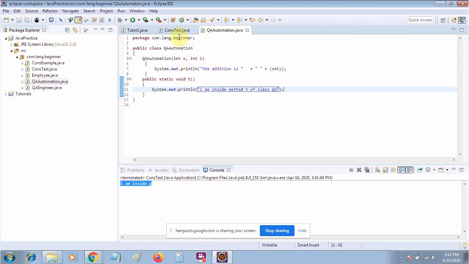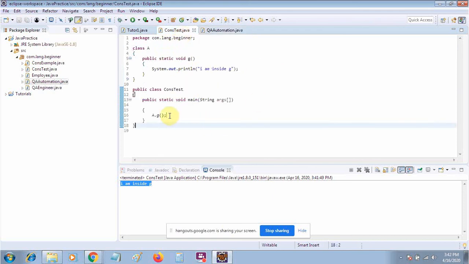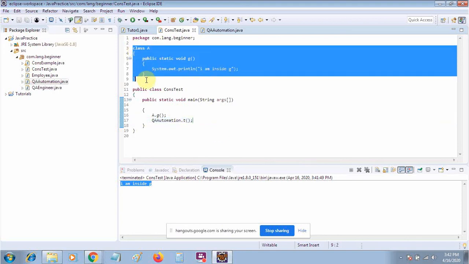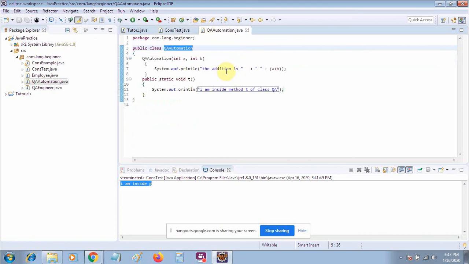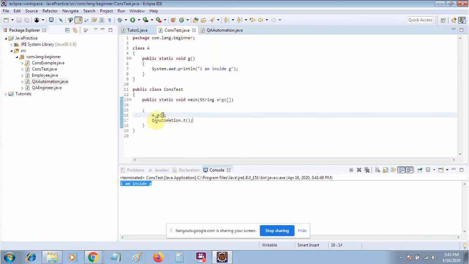Okay, so now this time, if it is in another class, then you again just go to the class name dot this one. So this time there should not be any kind of confusion, whether you have written the code inside this one, or outside of the class, or outside of the package.